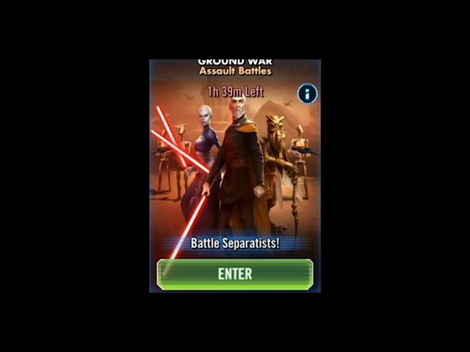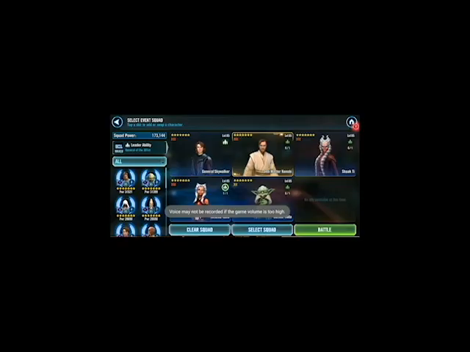Hey, it's Knox here. I'm going to show you today how to 3-star challenge tier 3 of Ground War without Jedi Knight Luke. So the team we're going to use is a GAS lead with Jedi Master Kenobi, Shaak Ti, Ahsoka, so GAS can stand and kneel, and Hermit Yoda to spread around